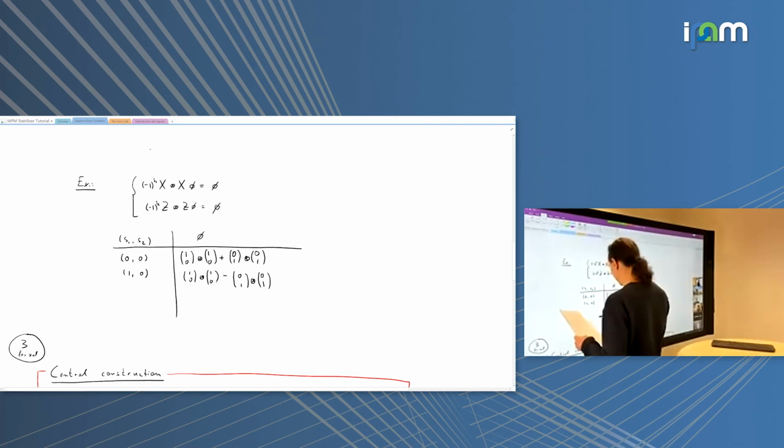And okay, I give one more example. There's only two more. Should I write them all out? I leave it at this, right? And then you can,